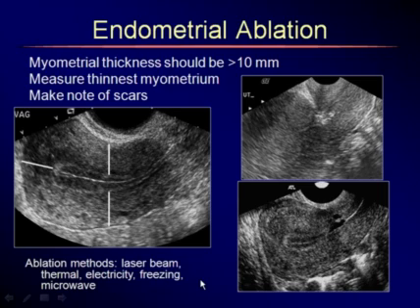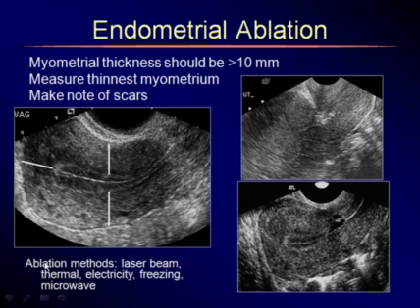Now, sometimes the clinician may ask us to evaluate the uterus prior to endometrial ablation. What they're asking us to do is to comment on the myometrial thickness. They need to have more than 10 millimeter thickness of myometrium. So they're going to ask us to measure the thinnest myometrium, because if the myometrium is too thin, they will not be able to do the procedure, because as they go into the endometrial cavity and wave around their instrument,